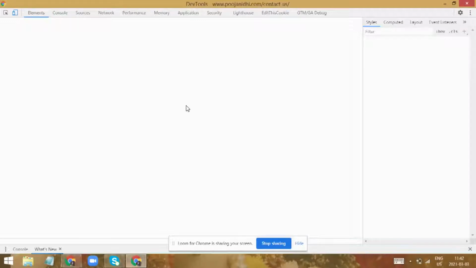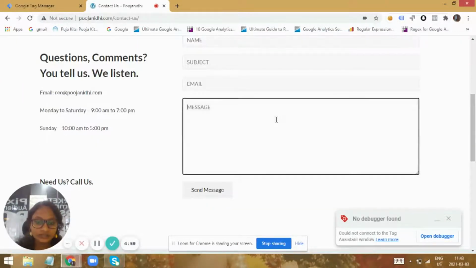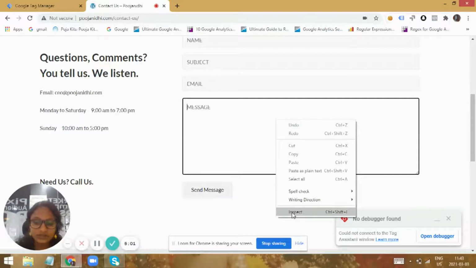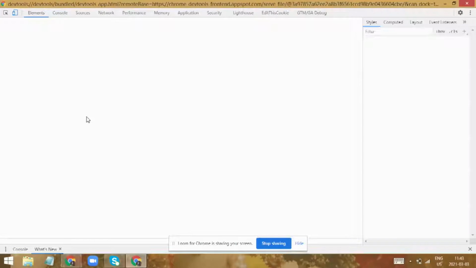That could be done only through JavaScript. Firstly, you need to identify the element. For that, I'll go into some other block and just inspect it. Then I could find the actual ID of that particular form.